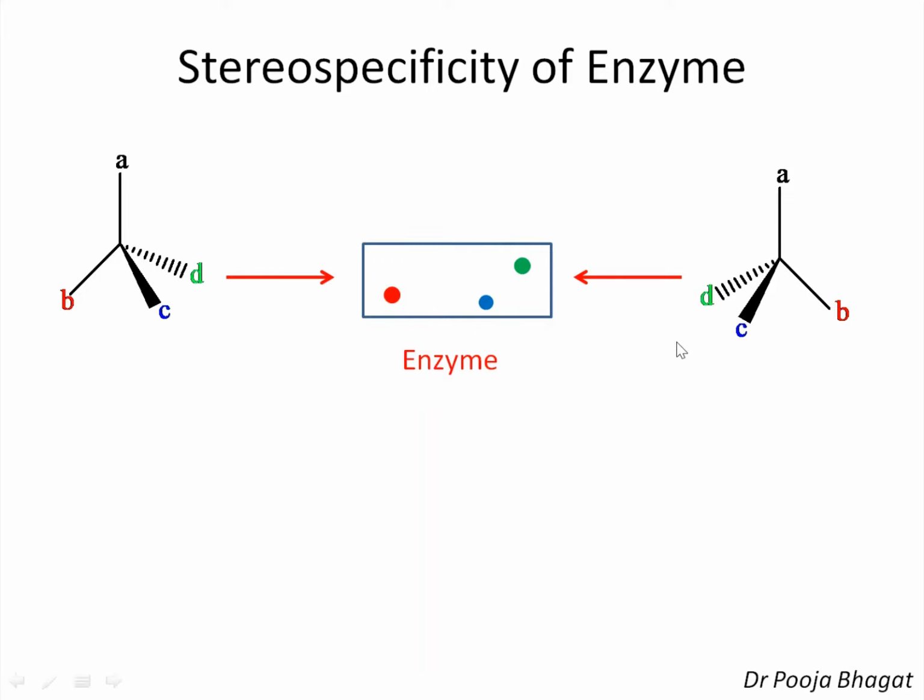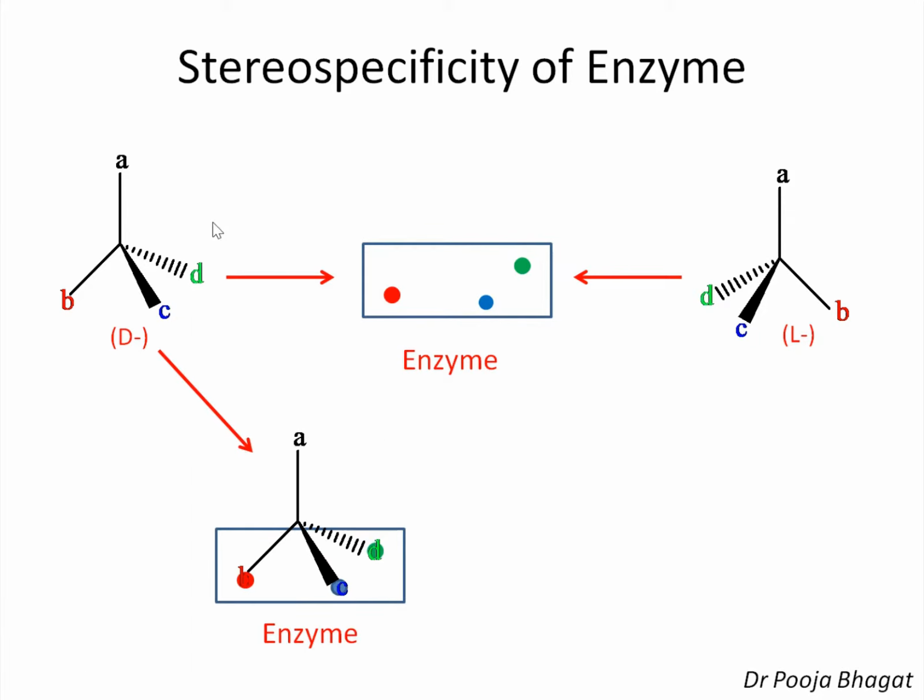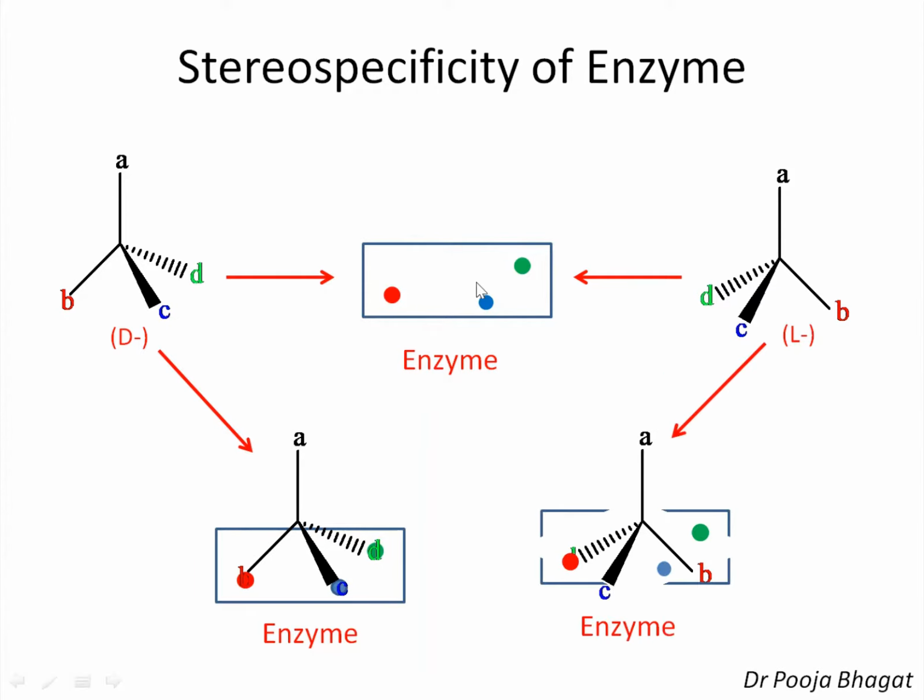So they are enantiomers. One will be D, another will be L, and this is the enzyme. Now if we assume that an optically active compound can be bound to the enzyme through a minimum of 3 points, I have drawn these 3 points. So with a minimum of 3 points, the fit will occur either with D or with L, but not with both. Let's try this. This is D. If you want to fit the D into the enzyme, you can see it fits so perfectly. Now you take L and try to fit it on the enzyme.